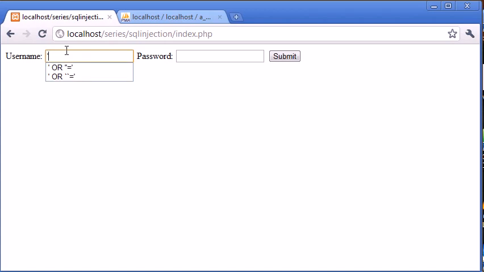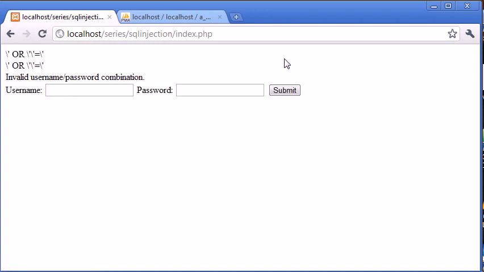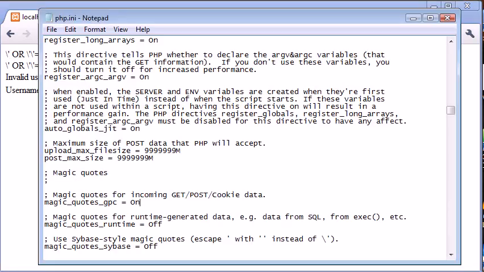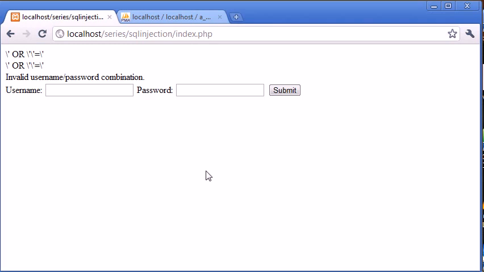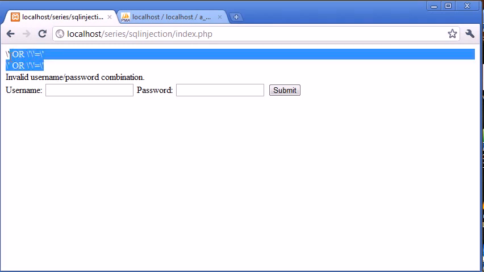So now let's go ahead and do exactly the same thing and click submit. Now you can see that without doing anything, we've automatically now escaped. Well, we did do something, we changed the value in php.ini, but what we didn't do is change any of our code. And this has automatically given us some sort of protection against